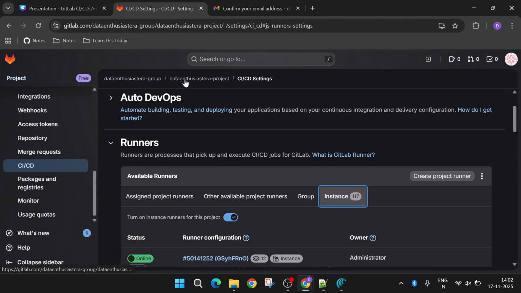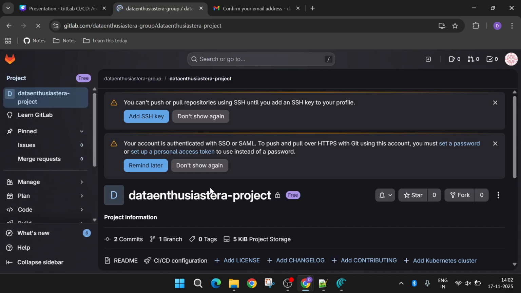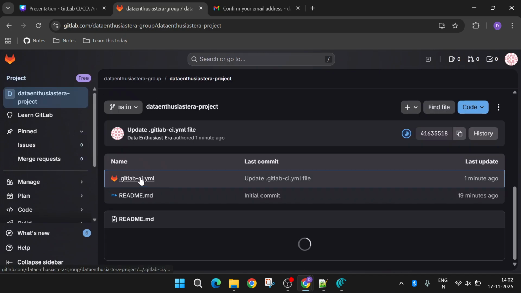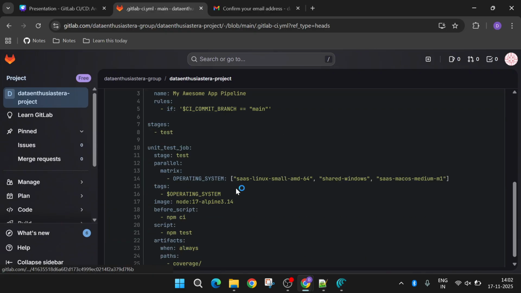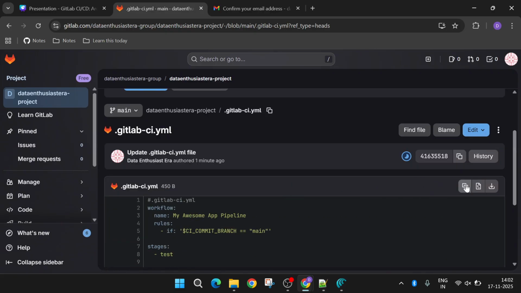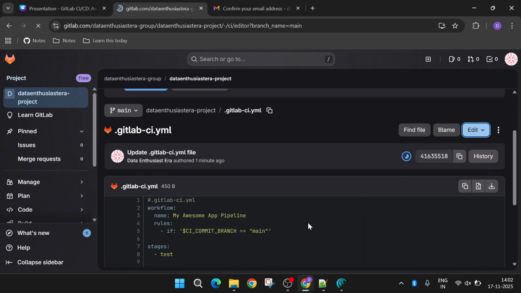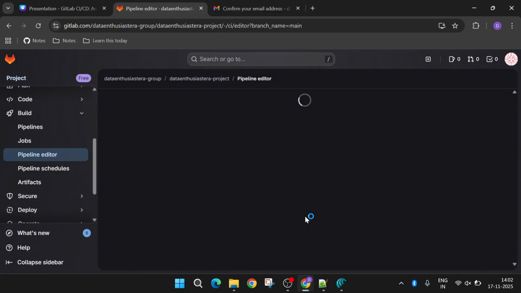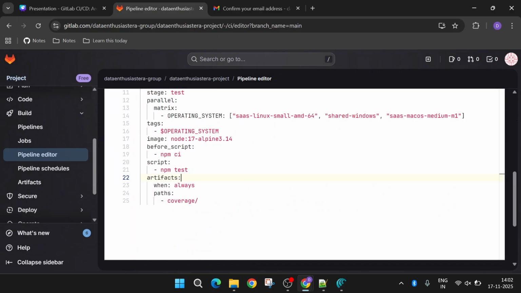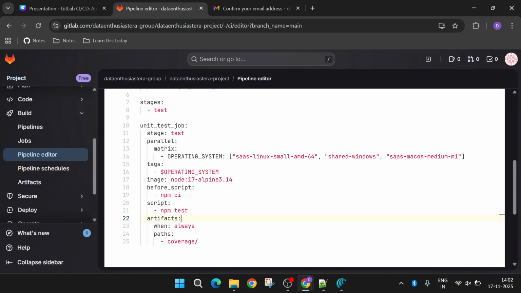And if we remove that, let's try this. The pipeline editor, here if we remove the tags,